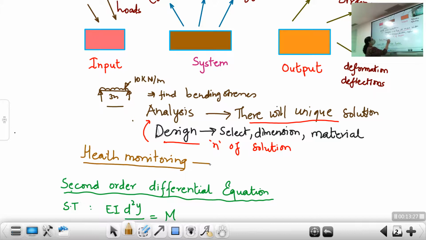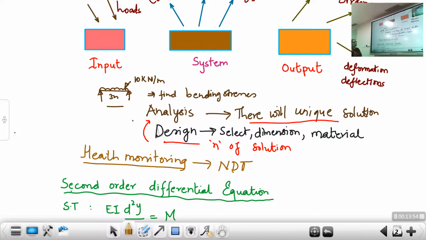So you should know about NDT. NDT is non-destructive testing. Without destructing the structure, we can always find out what are the deflections, what are the stresses that the structure undergoes without destroying the structure. So that comes under non-destructive testing. You will learn this. This can be an elective ahead in your 8th semester.